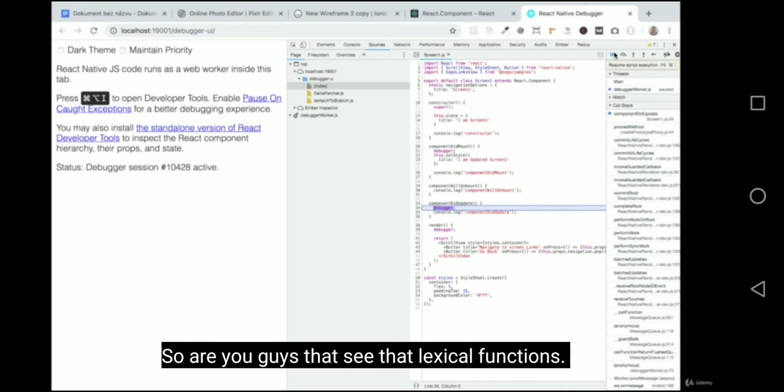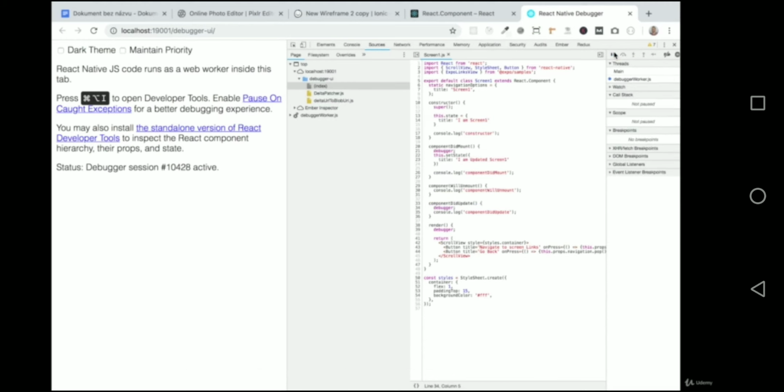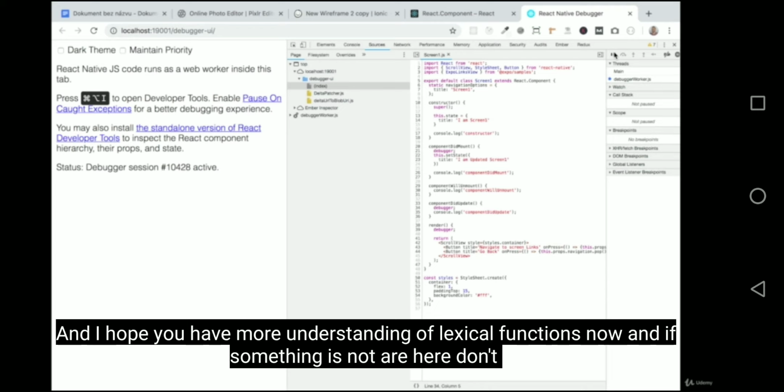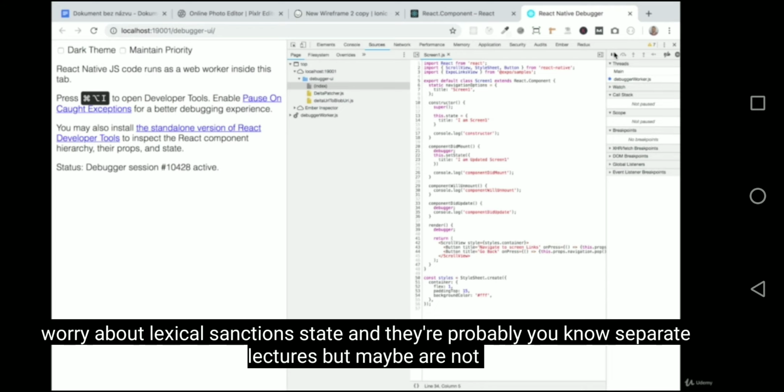Okay guys, so that's it, those are the lifecycle functions, and I hope you have more understanding of lifecycle functions now, and if something is not clear here, don't worry, we will talk about lifecycle functions, state, and props in separate lectures. But maybe you already noticed that